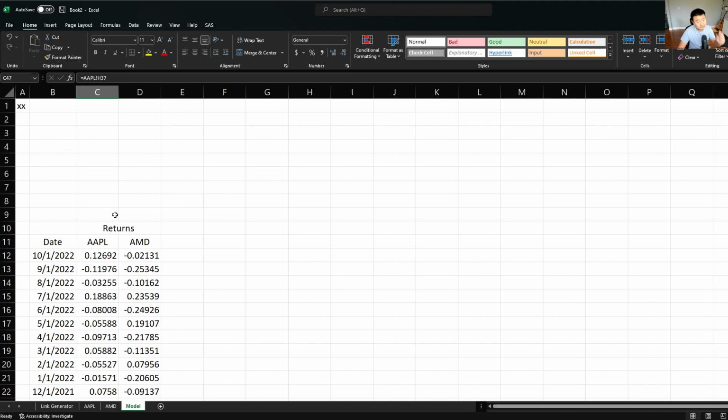Okay, so we have the returns. The first thing I want to do is calculate some statistics. For example, these are monthly returns, right? So I'm going to create a combined cell and call it monthly